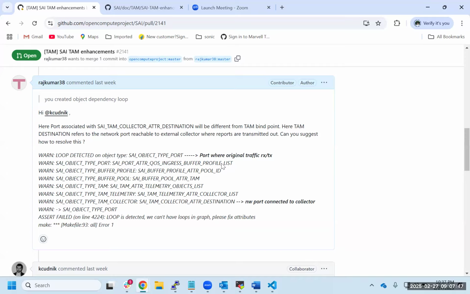So if you want to introduce a loop here, then explicit logic needs to be added inside Redis to actually detect if there is a loop, and if there is a loop, then just crash.